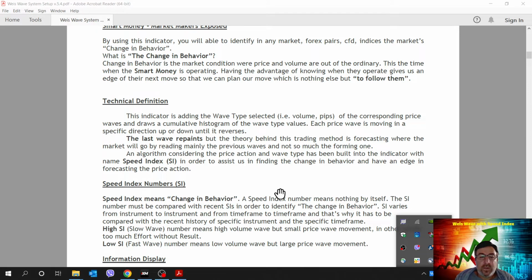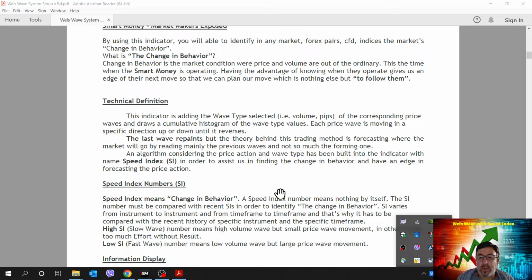Okay. The indicator is adding the wave type selected, so you might have selected the pips or the volume, of the corresponding price waves and draws a cumulative histogram with the values.